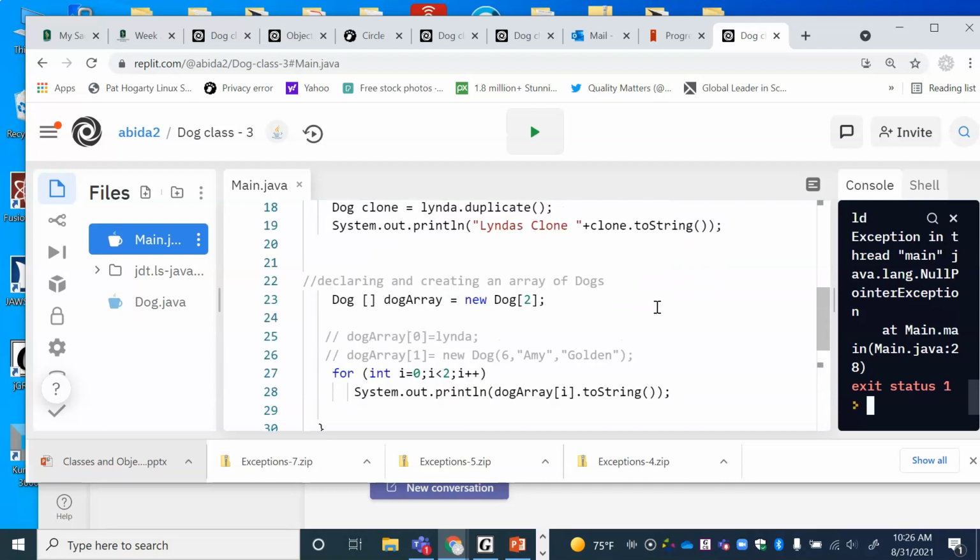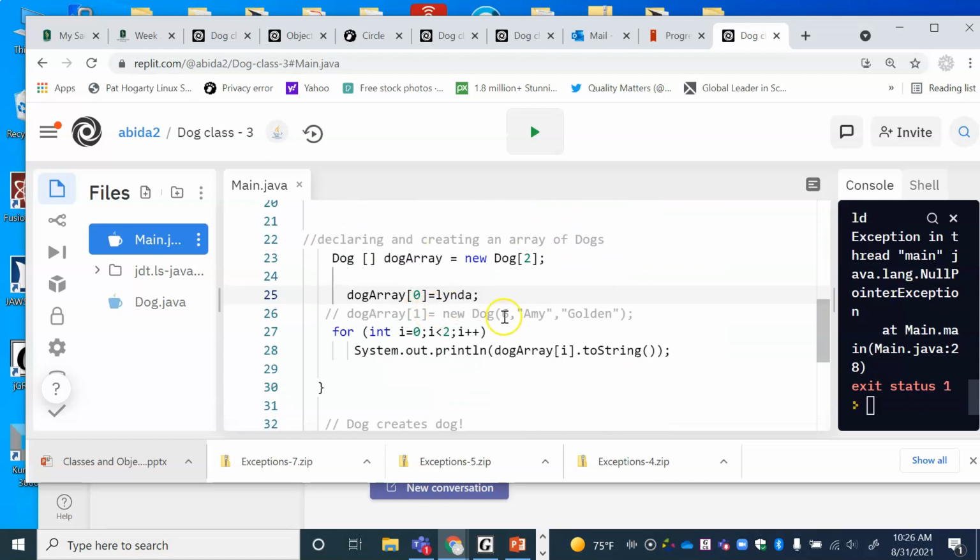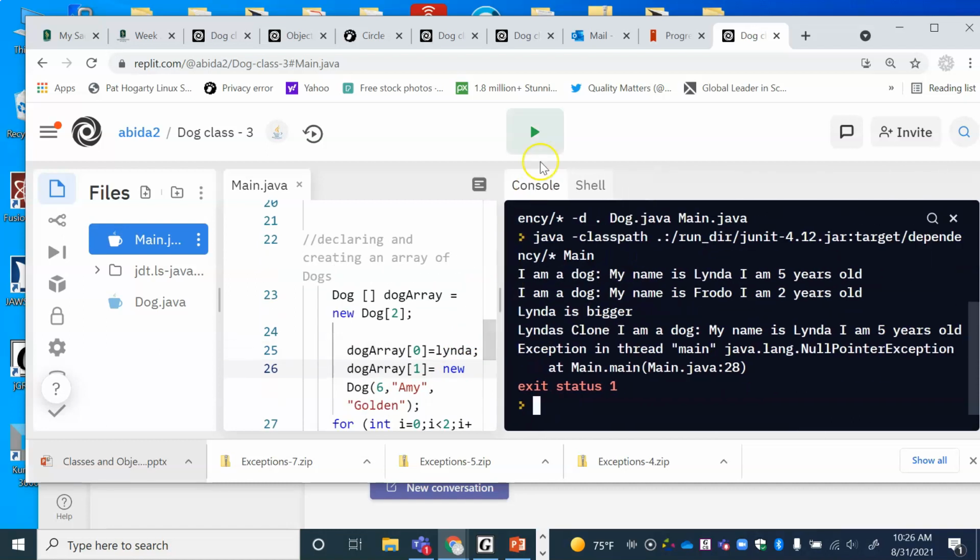And so what I'm going to do now, I'm going to initialize the 0th element of the dog array to be equal to Linda, who's already an existing dog here, and I can assign the address of Linda to dog array 0. And I'm just trying to show you that you can initialize this way also, is equal to new Dog and then pass the age 6, Amy and Golden. So now I've got in my first box a pointer to Linda. Here I've got a pointer to a new dog called Amy. And now when I run this,